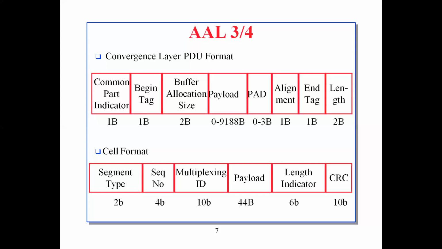The 10-bit multiplexing ID field defines the cells coming from different data flows and multiplexed on the same virtual connection. The length indicator field defines how much of the packet is data, that is, not padding. CRC, the last 10 bits of the trailer, is a CRC for the entire data. The next shows the